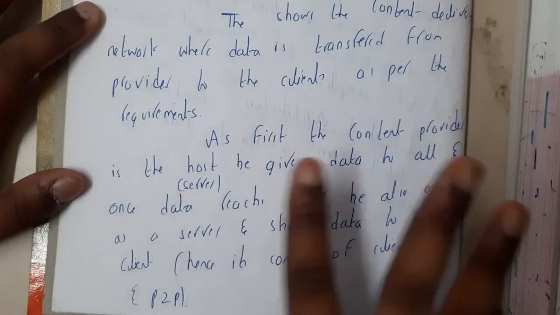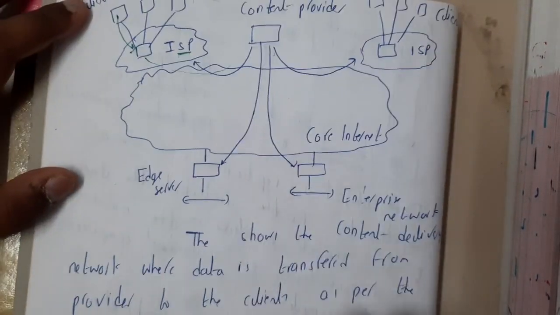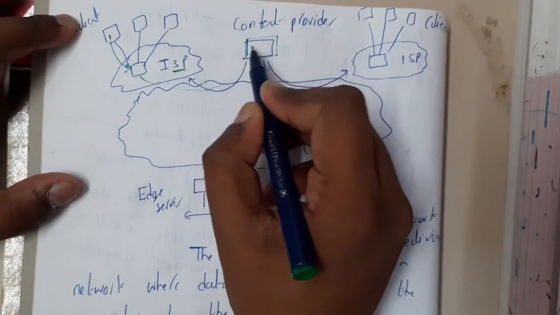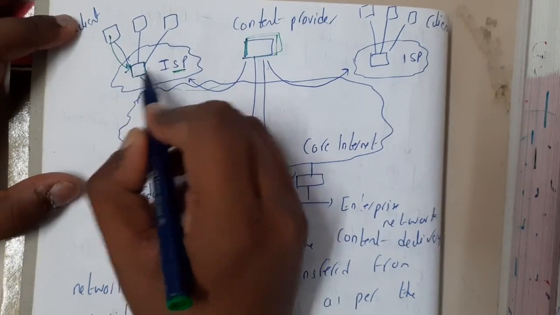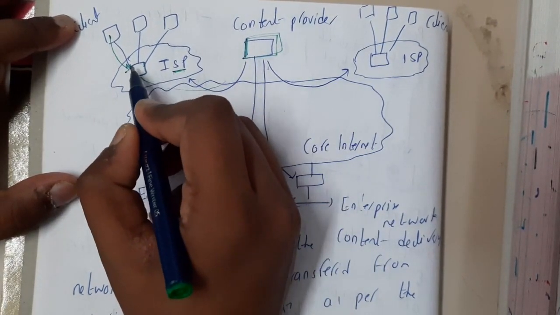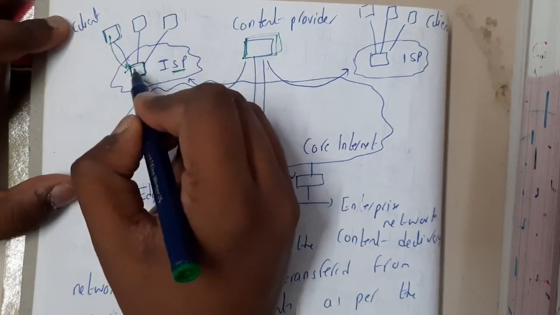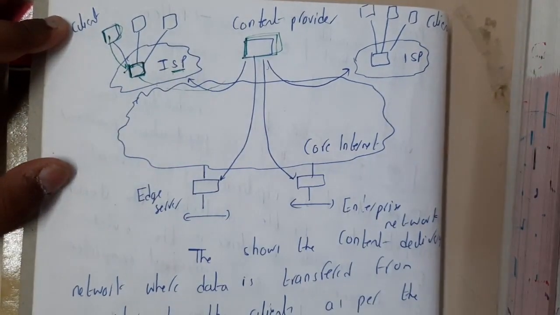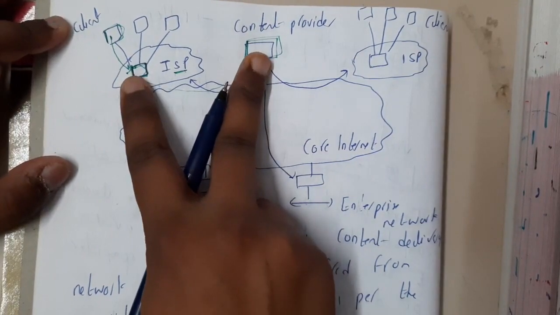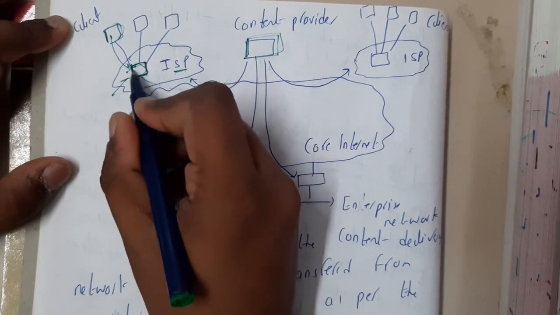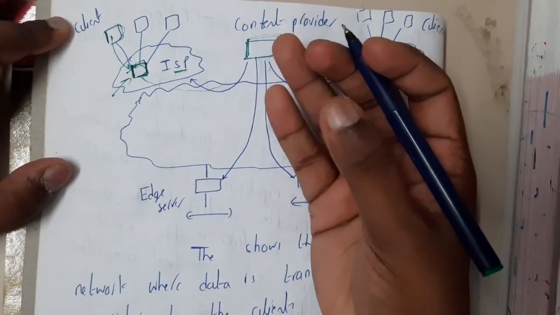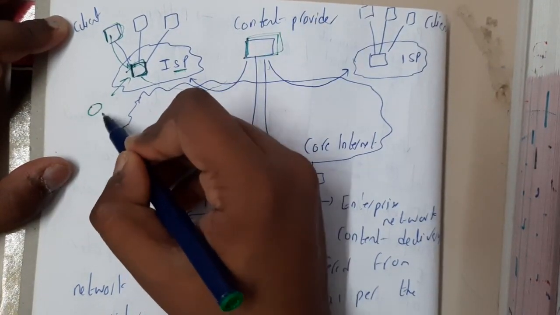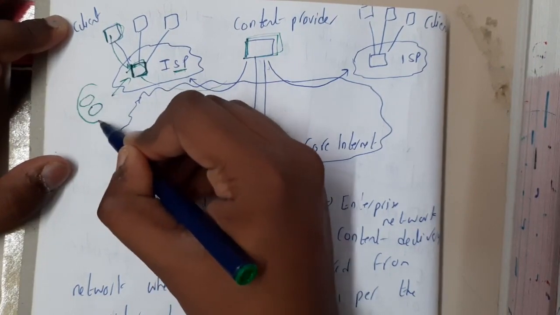So this is nothing but a combination of both, guys. Here the content provider is sharing with the ISP. He is the server, let us assume, and the ISP is the client, so it received the data. And if you observe again, the ISP is sharing the data to the client. So now the ISP is your server and this is your client. I'm just giving you an example. Here there is a client-server architecture, and a single node is sometimes a server and sometimes a client. So it is a combination of both peer-to-peer and client-server, hence it is called hybrid.